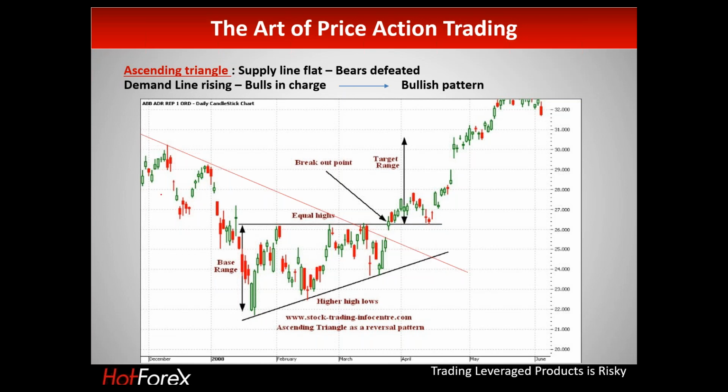So I had a stock moving down with some corrections, posting lower lows and lower highs, and so on and so forth. But suddenly it found a bottom and it started posting higher lows, but equal highs. The guys at stocktradinginfocenter.com spotted that it always has the same highs. Let's put a trend line on. And they put this trend line. What is this trend line?